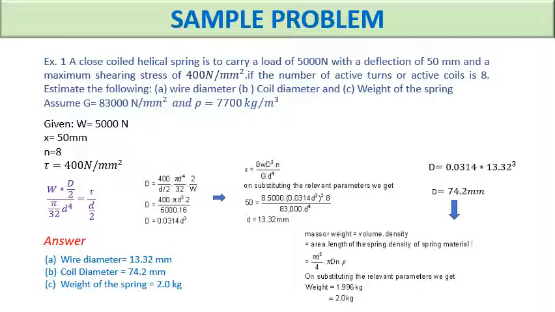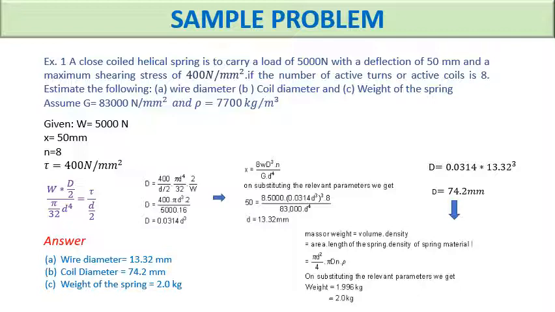A. Wire diameter, B. Coil diameter, and C. Weight of the spring. Assume the shear modulus is 83,000 Newton per mm square, and the density of the wire material is 7,700 kilogram per meter cube. So this is a